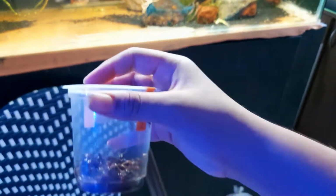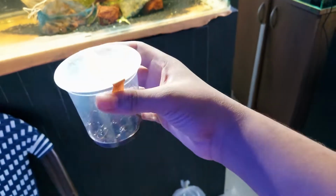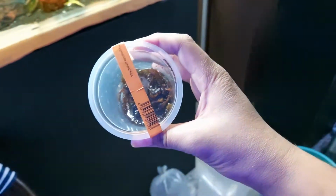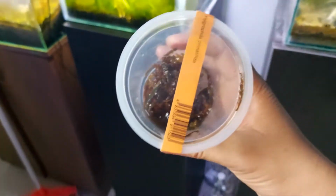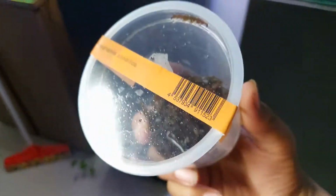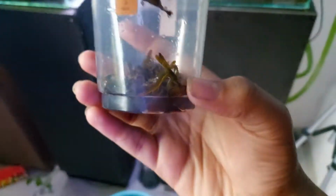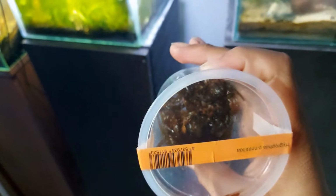Some other things, not fish, but some other plants I got. This is for my 200-gallon, tissue culture plants. They're really good. I just buy tissue culture for the quantity, but they're Hygrophila pinnatifida. Don't try to pronounce that. I don't think I pronounced that correctly, but it's a really interesting plant. It looks disgusting in this cup, but I'll be putting this inside this